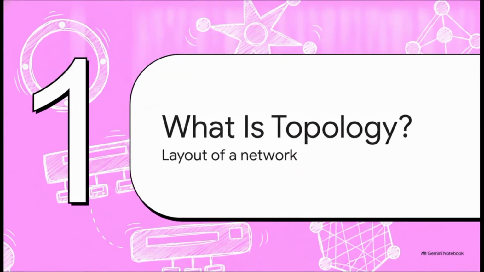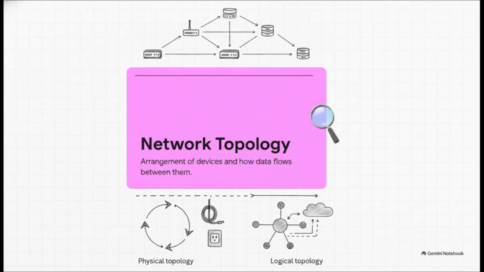Section 1. What is network topology? Let's start with the big picture. Basically, topology is just the architectural layout of your system. It defines how devices are connected to each other and exactly how data flows between them. And this isn't just about making things look tidy in a server room. Choosing the right topology literally dictates your network's speed, its reliability, its overall cost, and how easily you can scale